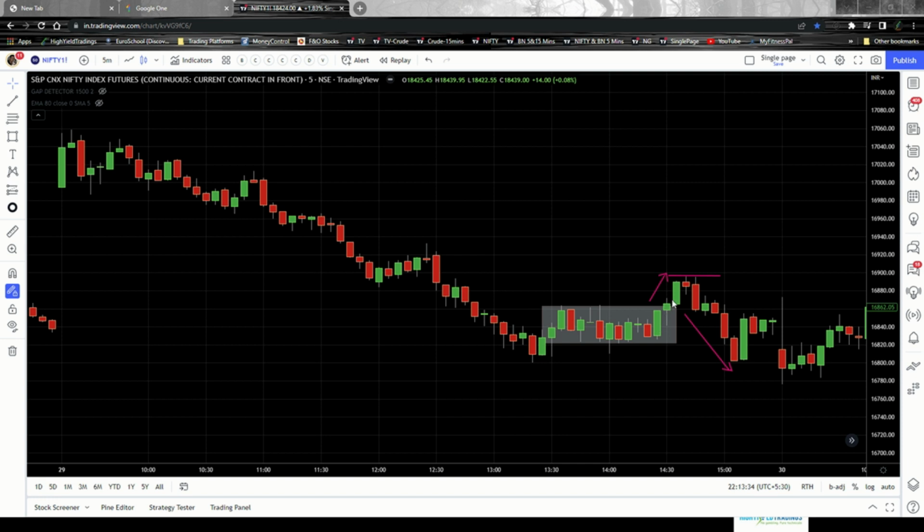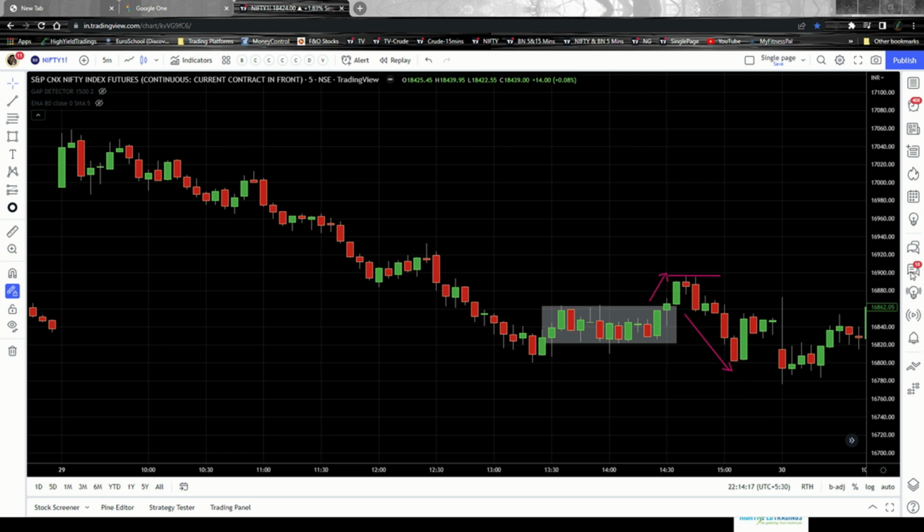So this was a fake breakout. Now, if you are a price action trader, and please be mindful that I'm not making any offense to the price action traders. I'm just putting in a scenario where we see that it was a fake breakout. Okay, so no offense to the price action traders. If you call yourself a price action trader, well and good, it's good for you. The thing is, you should be in green and you should be earning money from the market. That's the whole point, right? So back to the topic. As you can see here, it was a fake breakout and Nifty continued to fall further.